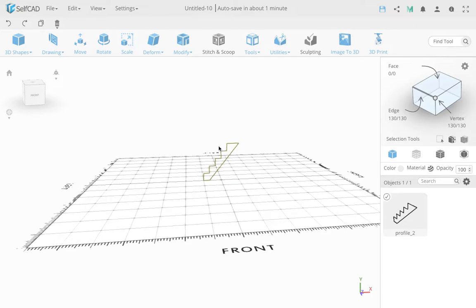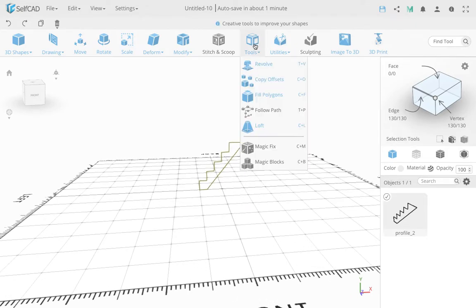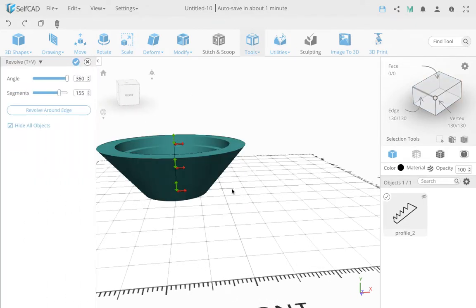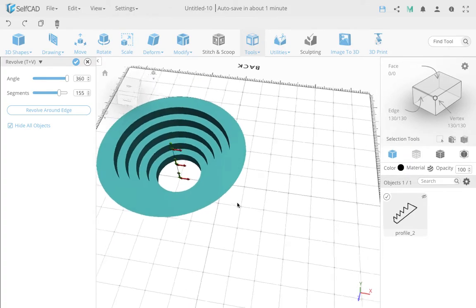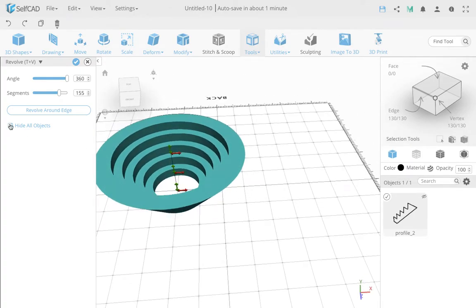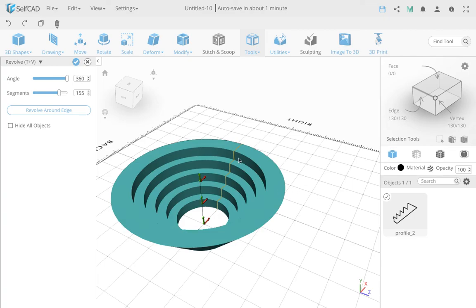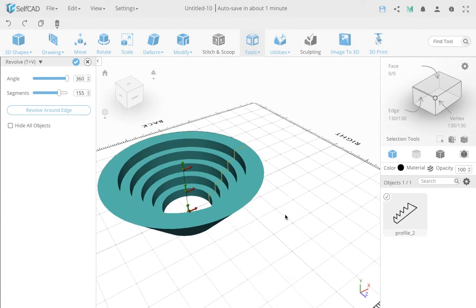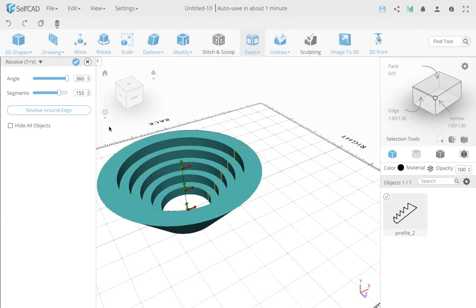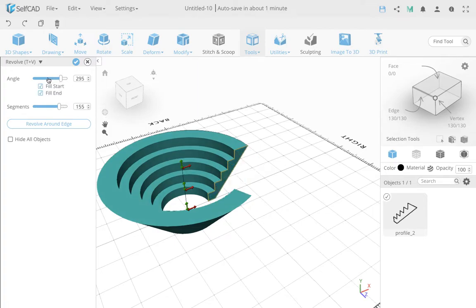And this is basically a staircase effect that we have. So now we're going to go to the Revolve tool. The basic is what you saw before, kind of what you expect. If you unhide this, you see the flow of this staircase effect that this creates, and this is what we have seen before. But now I'm going to show that I can actually reduce this and open it up,